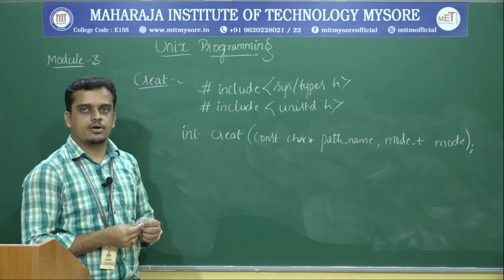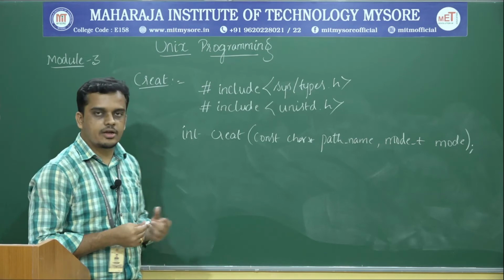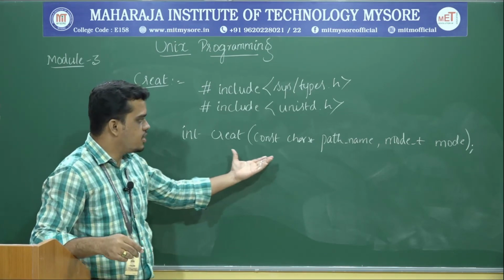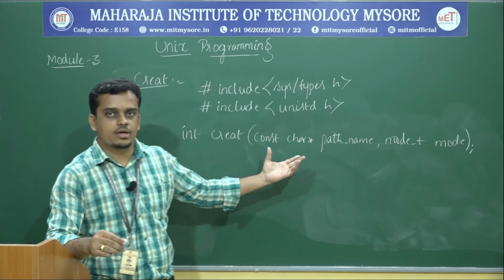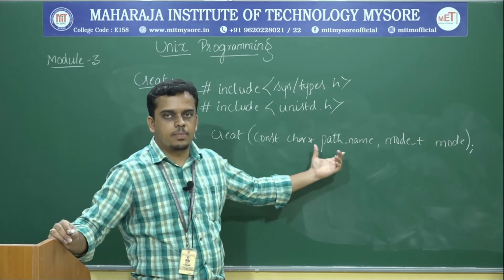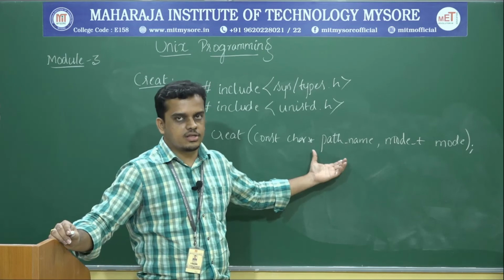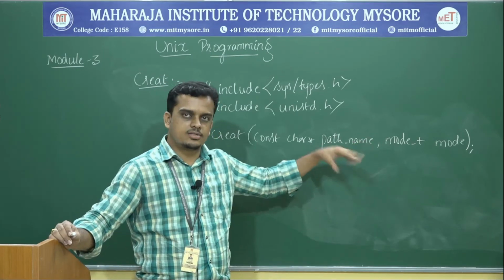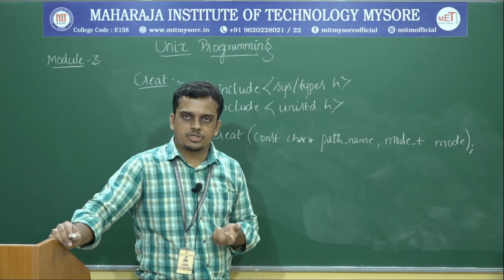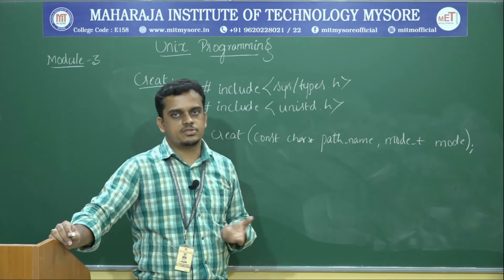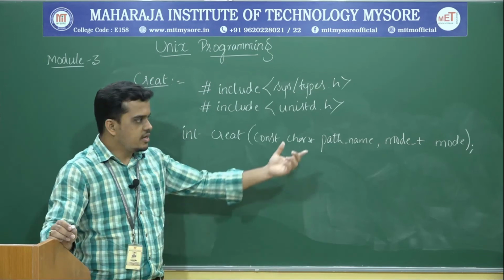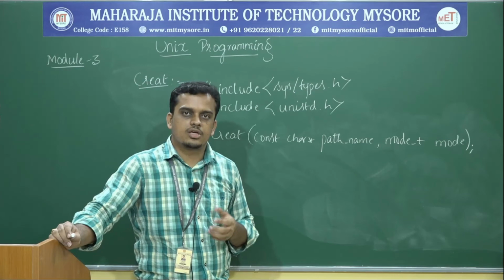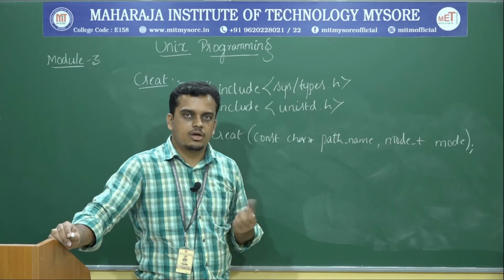Coming to this particular create API, the function prototype is something like this. It takes two different arguments. The very first one is the file path name, the location where exactly the file needs to be stored, and the second one is the mode. This mode is similar to the mode permission discussed in the previous API, that is the open API. It takes an octal integer literal, which stands for giving suitable permissions for a user,